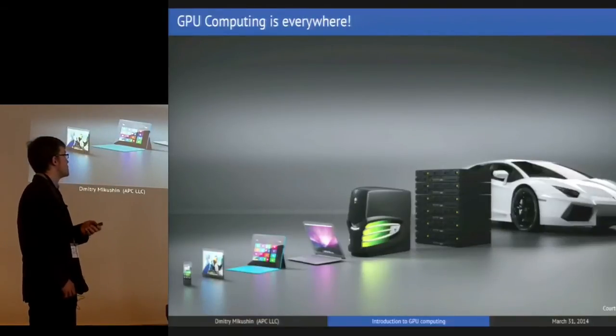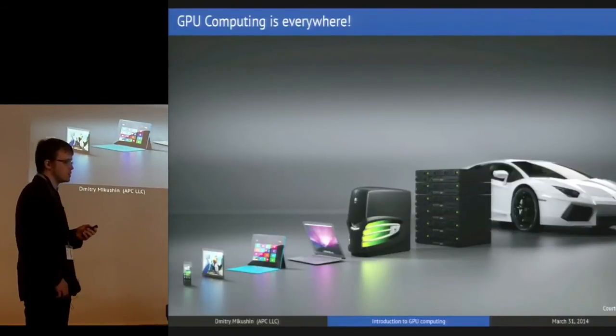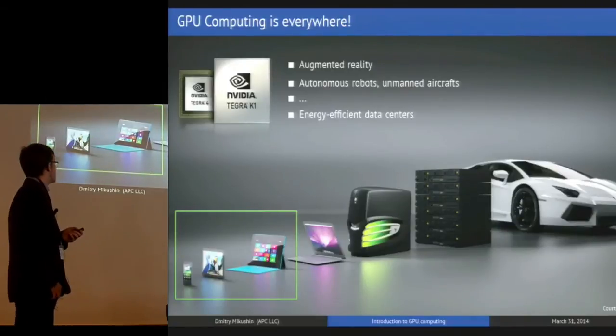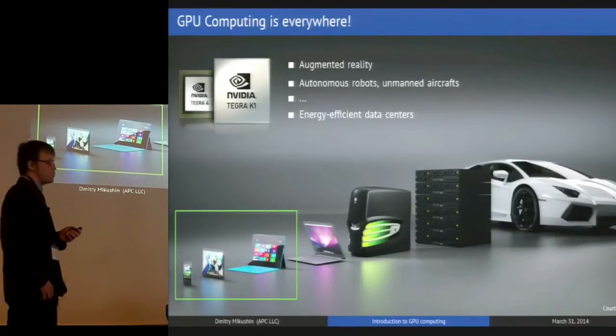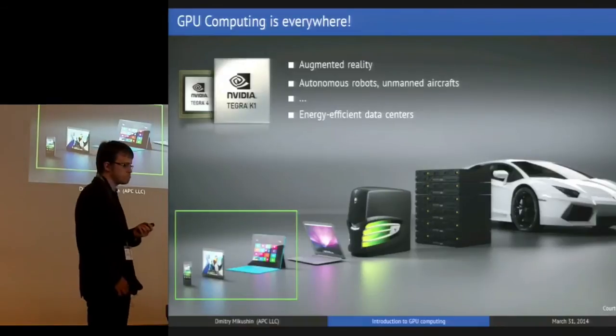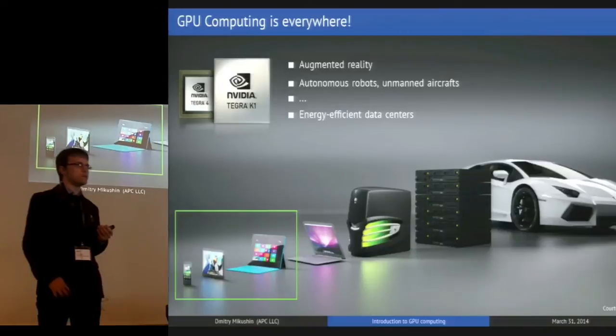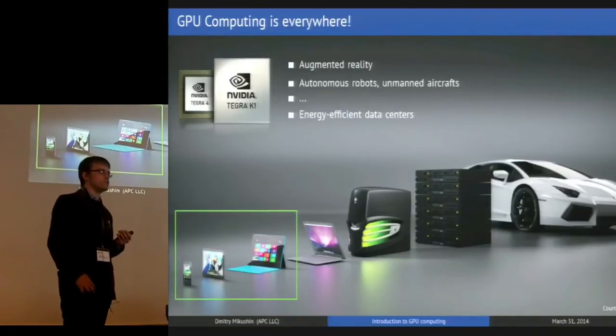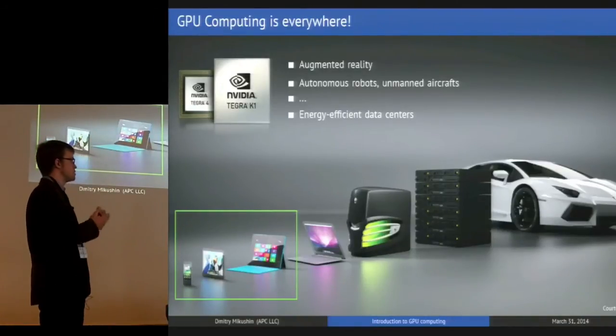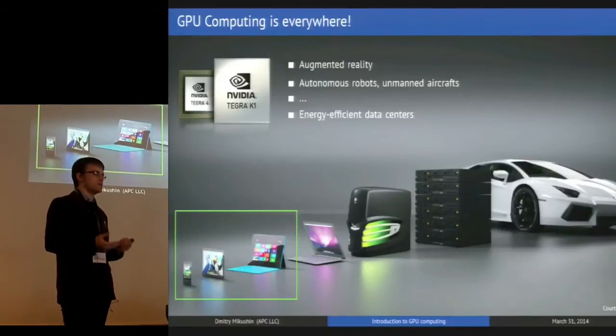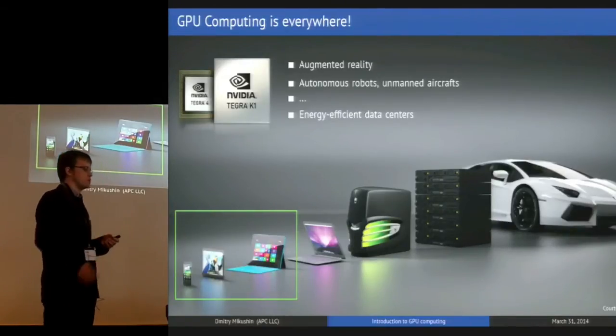Just to give you an overview of GPU hardware. For instance, for smartphones, there is the K1 processor, which is a multi-core ARM processor with about 200 GPU cores on board. So you can actually do GPU computing on embedded devices, on unmanned aircraft, on autonomous robots, and build up dense,